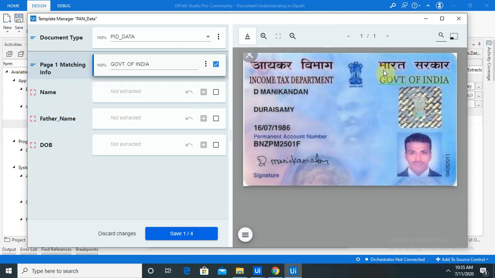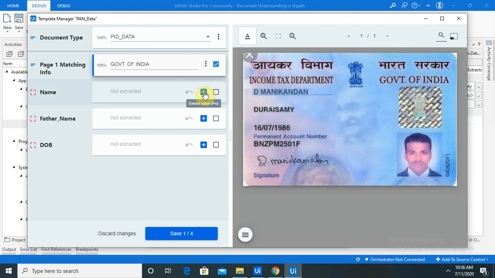Next, for the name field, click on this icon and select the exact match, because the name will vary, so keep your selector a bit further. So I am selecting till here and click on custom area.